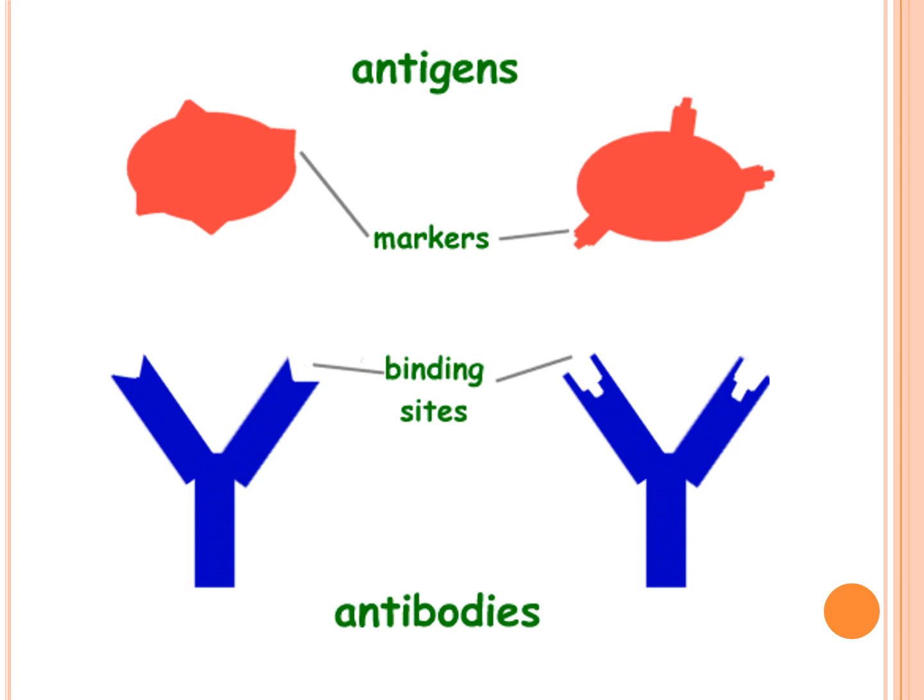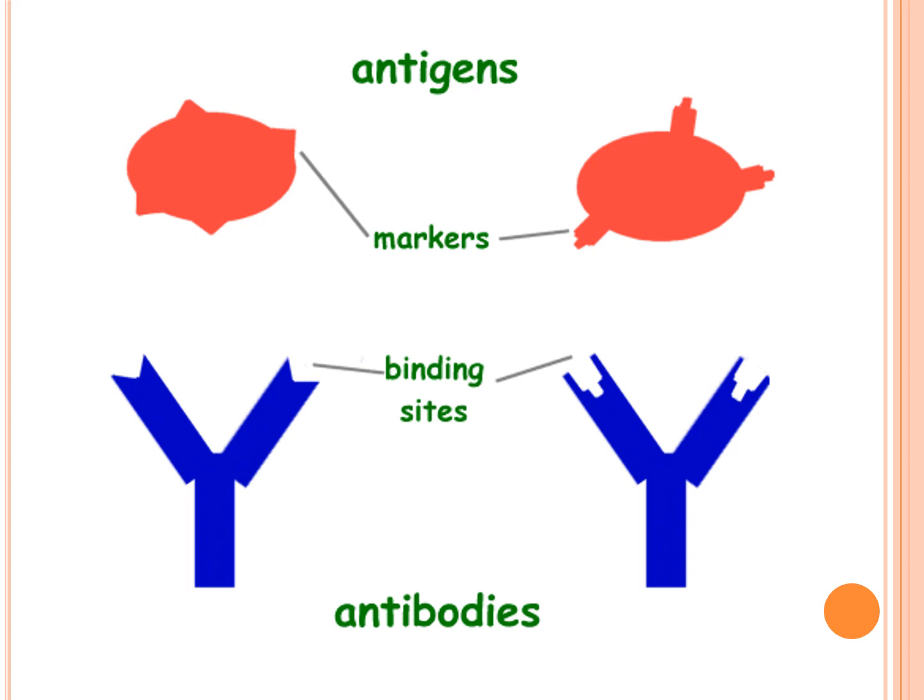Now, if you see, every antibody or every antigen can be different. If you look at the left hand side, the circular substance that you see, the marker is triangular shaped, and the same kind of binding site will be present on the antibody shown. So this antibody which is on the left can bind or attach to the cell that you see, mainly because the marker and the binding site have the same shape.